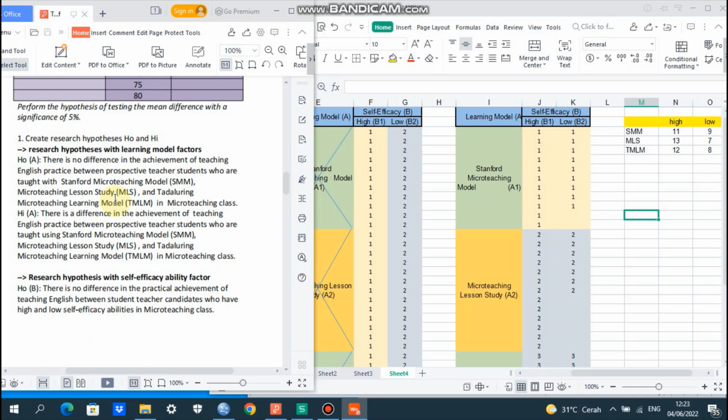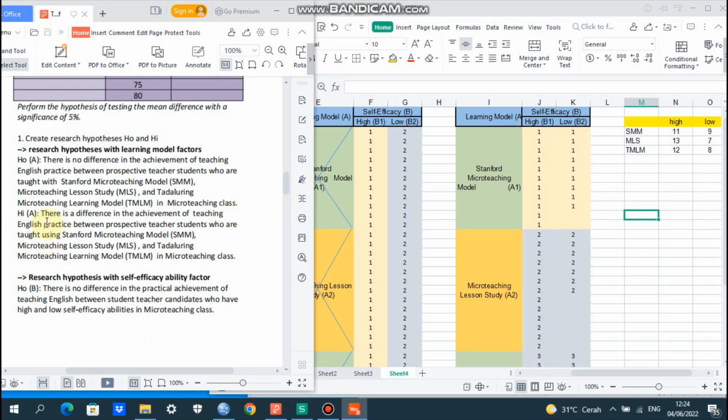There is no difference in the achievement of teaching English practice between prospective teacher students, or candidate teachers, who are taught with Stanford Micro Teaching Model SMM, Micro Teaching Lesson Study MLS, and Tadaluring Micro Teaching Learning Model in Micro Teaching class or Micro Teaching course.